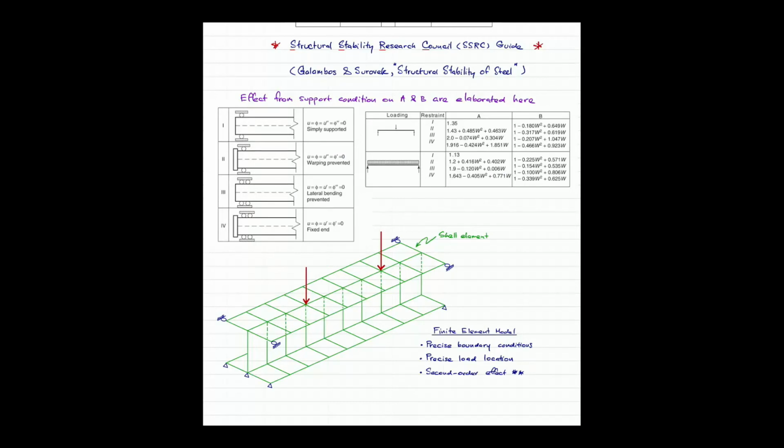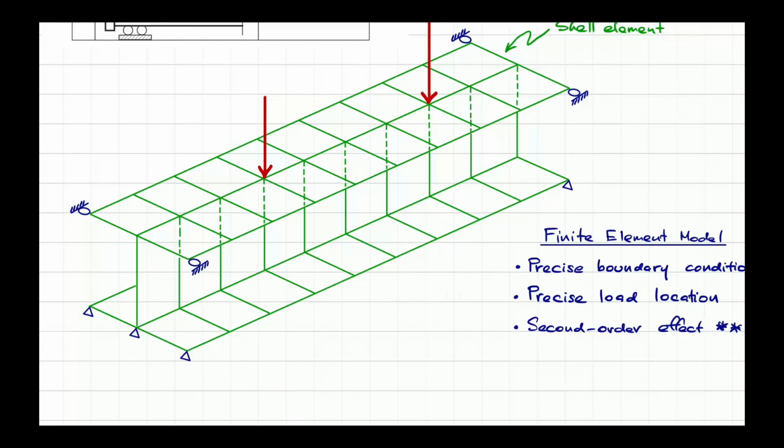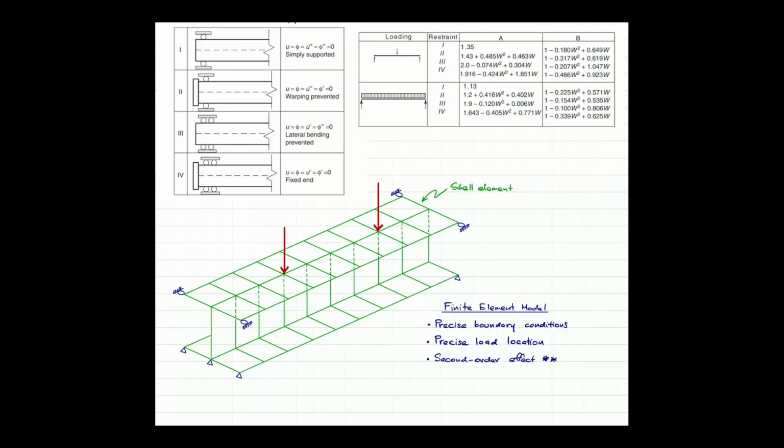And likewise for the support conditions, that also mimics all these things you see in the FEM. So pin is pin, roller is roller. It is very precise. The setup, the alignment setup, the specimen setup is another level. I would say it this way. It is another level. So RC structure, you have so many things that affect,